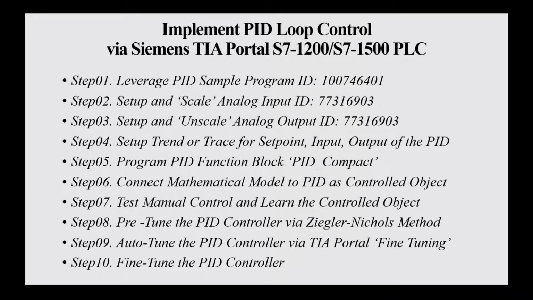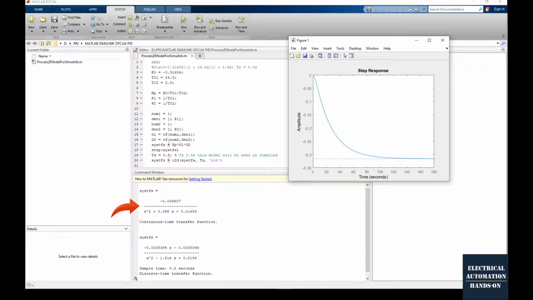Hello everyone, in this video, step 6, step B, we will show how we can use Matlab to transfer a process model from S domain to a Z domain discrete equation. A process model in the S domain could come from the engineering team or research team, or you can use the recorded data and the identification toolbox from Matlab to identify the process model by using the first order and the